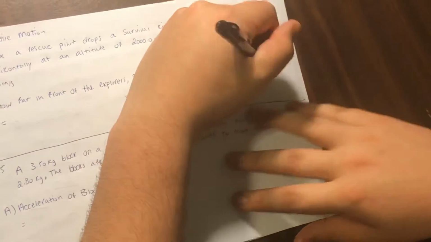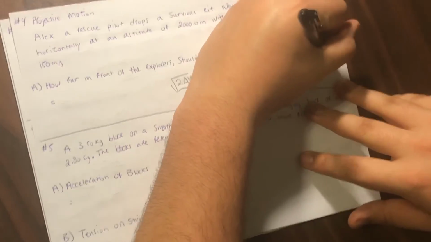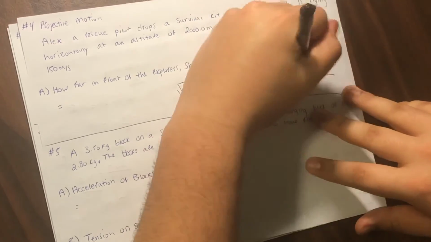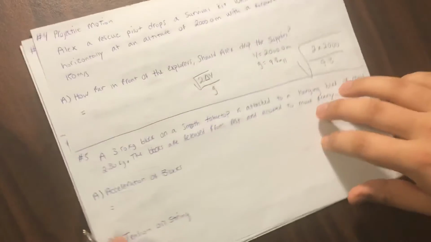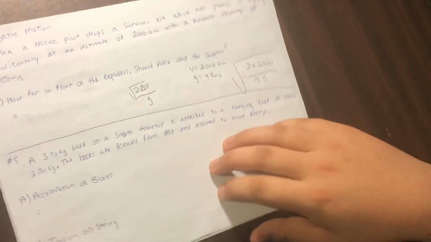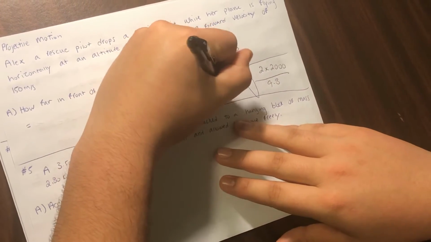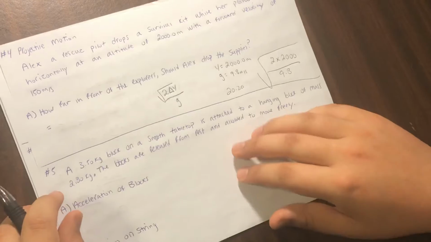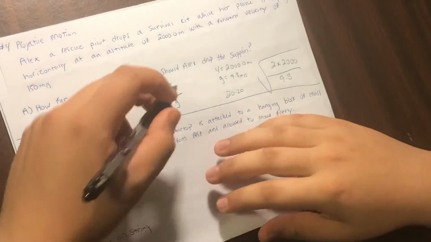So 2 times 2,000 over 9.8. Square root equals 20.20. And then you have to find the change in x